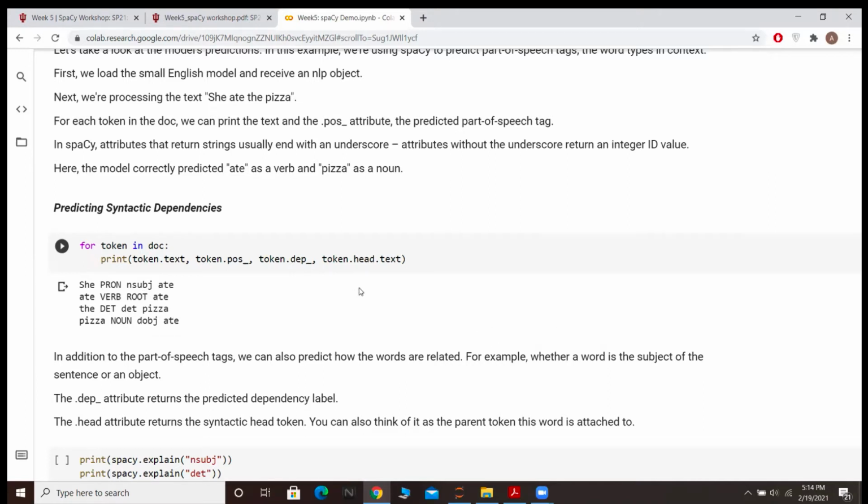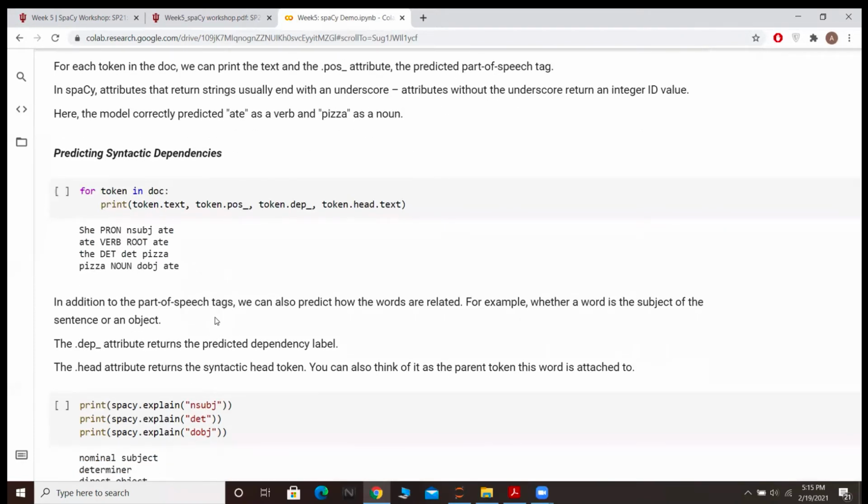And head gives you a way to visualize this sentence and a much clearer relation amongst the words. For example, "she" points to the word "ate". "Ate" is the root word, so there's no more pointing. It's the root verb. "The" points to "pizza" because pizza is the main object and "the" is pointing towards that. And "pizza" points back to "ate" because the verb "ate" acts on the noun "pizza". So this is kind of a graph that you can make. These are some pretty useful things that you can do with